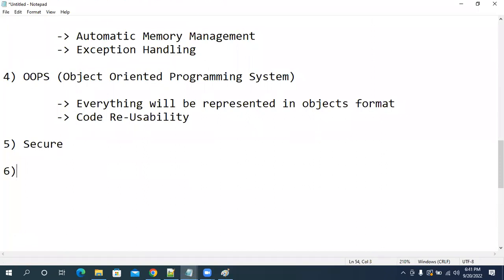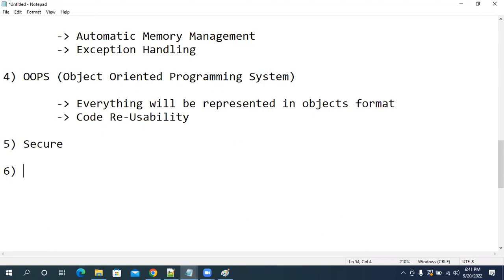Next one. What is the next advantage? As of now, we have seen several advantages. What are they? Java is simple, Java is easy. Java is platform independent. Java is robust.